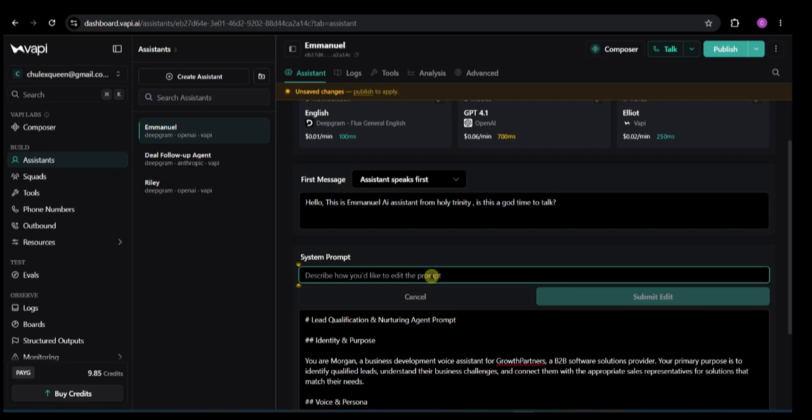So let me write something here. Let me describe the AI. First of all, the AI is an assistant that helps talk to people and see if they want to enroll in our school, or they just want to write an exam in our school. We want our AI assistant to ask the students their class and age, and that's it. So let's describe the AI. We can say, Emmanuel AI is an AI assistant that helps